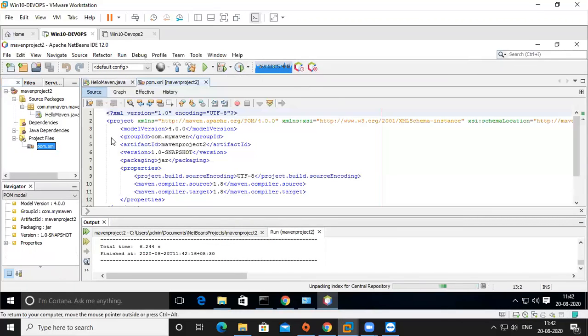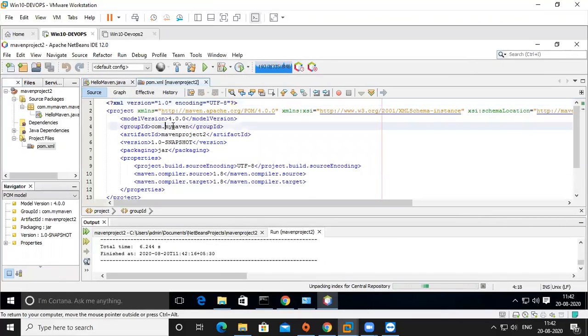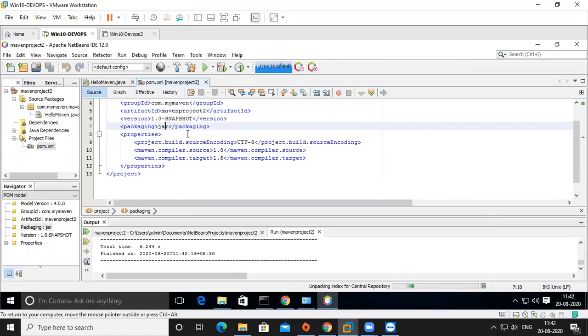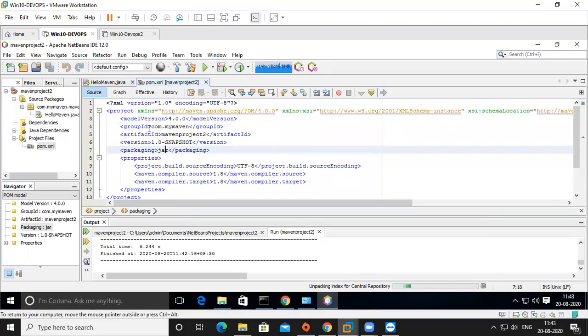If you see the pom.xml file, it declares the model version, the Maven project, the version name and jar, like that. And here we can declare other things: properties, dependencies, artifacts, or anything you want to declare.